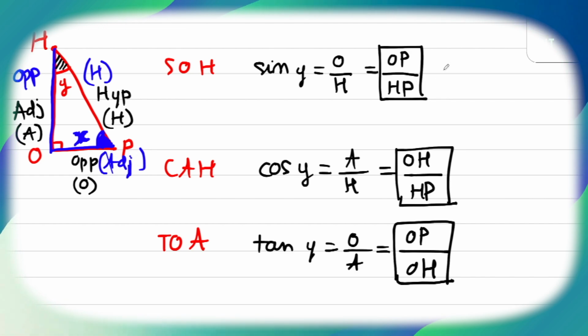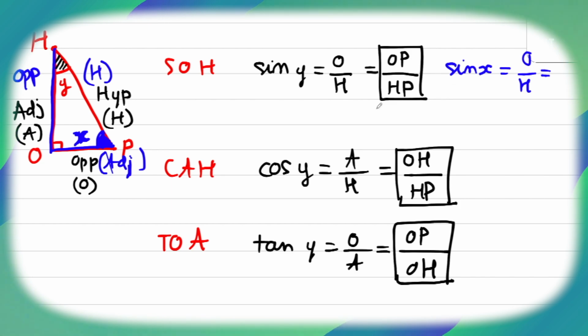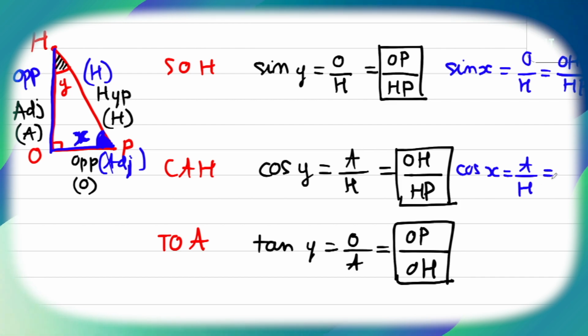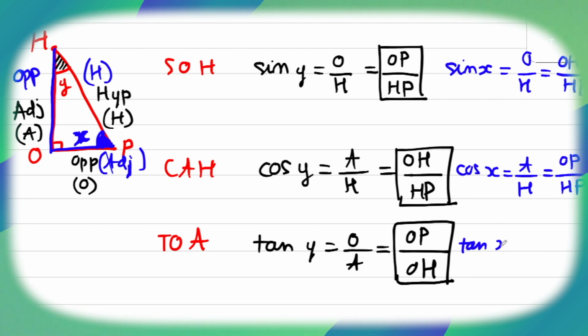About Soh Cah Toa, sine of H will be equal to opposite divided by hypotenuse. But the opposite in this case is not OP anymore; it changes to OH. So OH over HP. The second one is cos: cos of H will be adjacent divided by hypotenuse. The adjacent is OP and the hypotenuse is HP. The last one is tan: tan of H will be O divided by A, opposite OH and